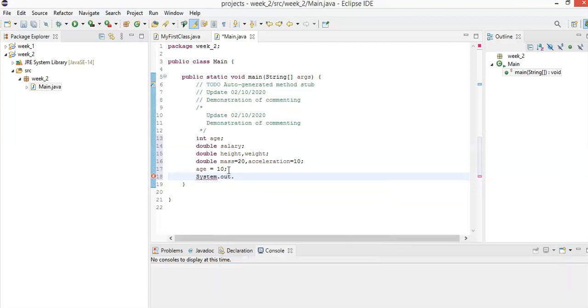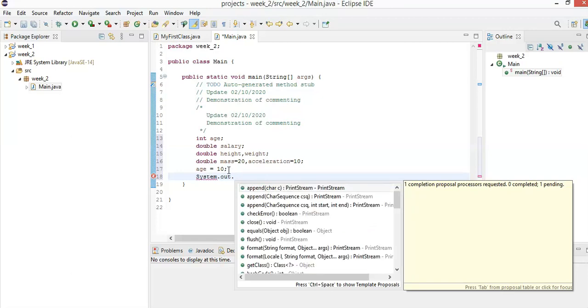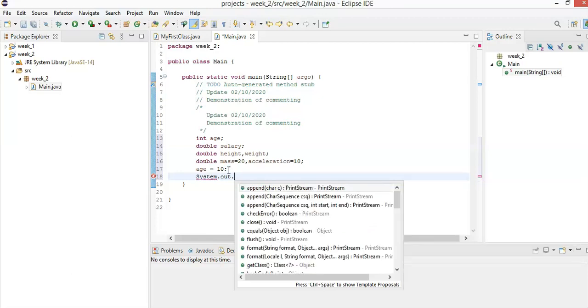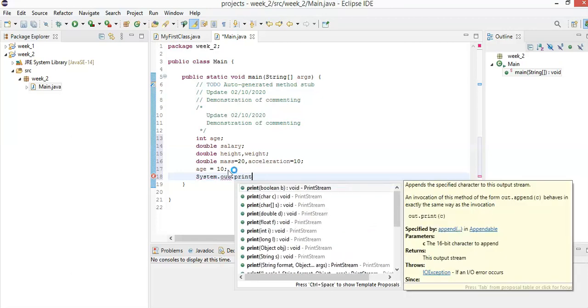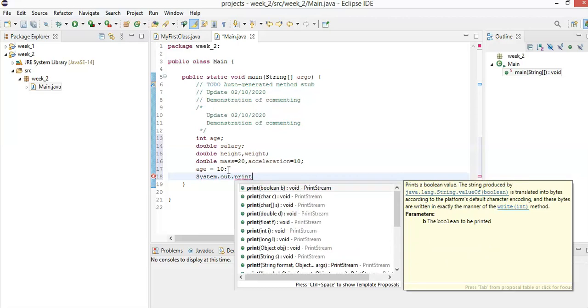Okay. And last time, someone was saying that when he prints the information, maybe two pieces of information,